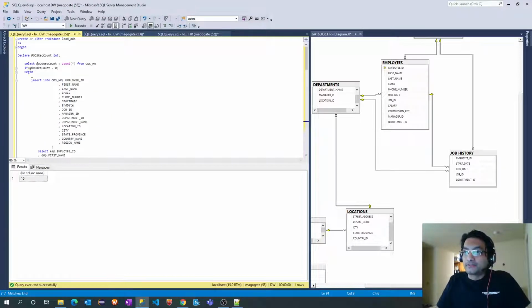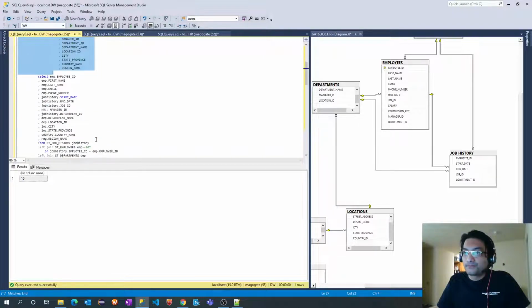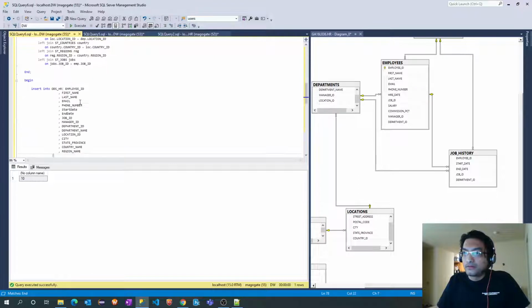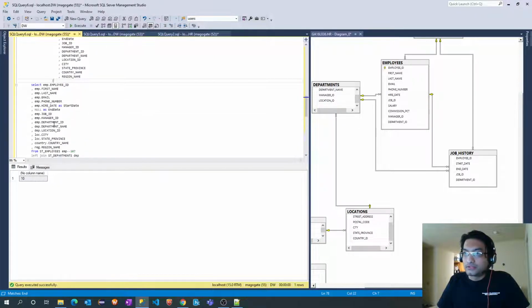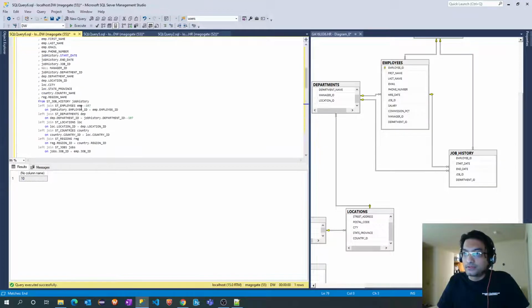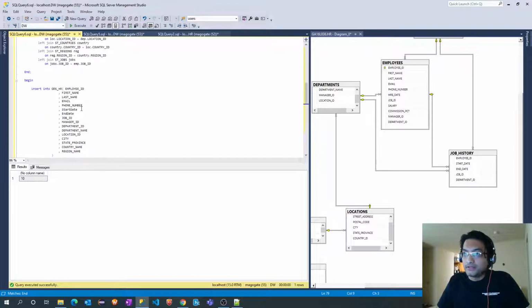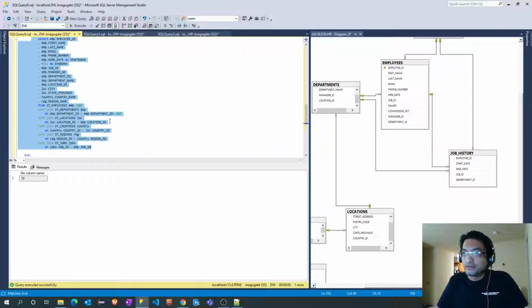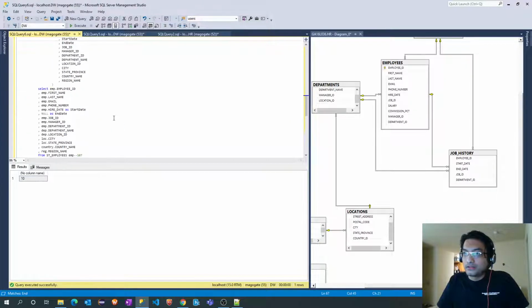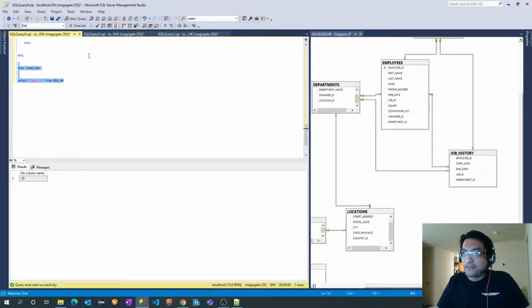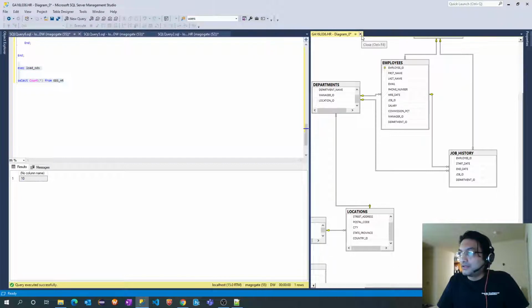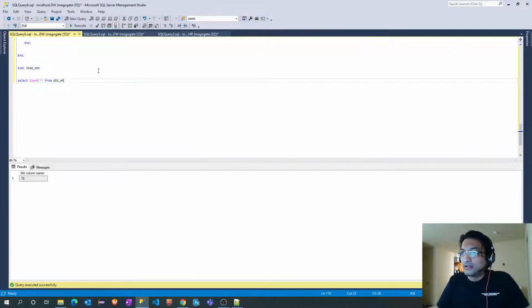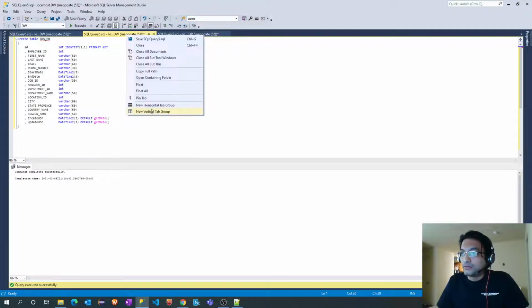I will use same insert statement. All right. So this is also fine. I will just indent this. I don't need this. I will close this guy. I'll move this here.